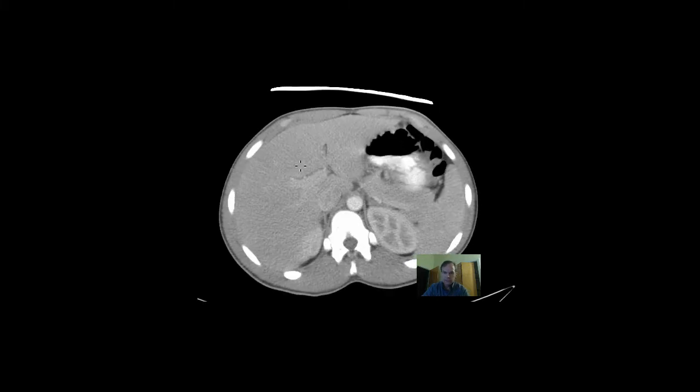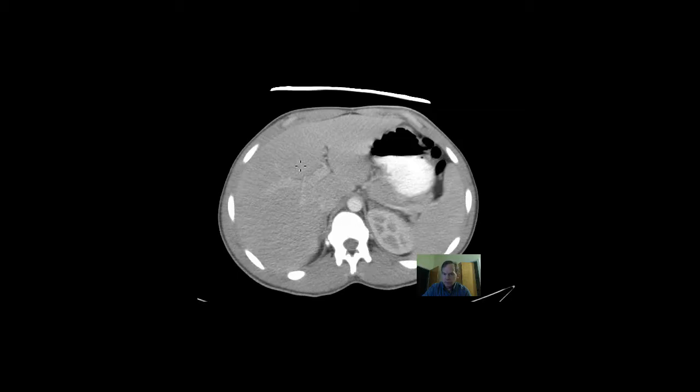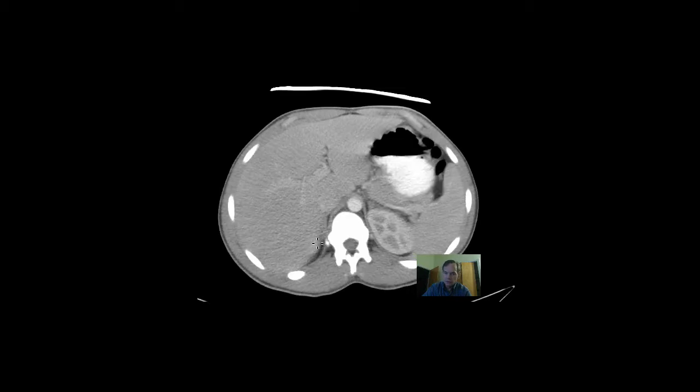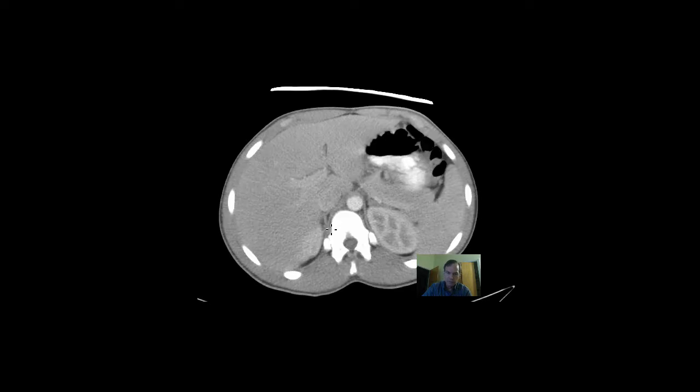The adrenal glands are superior, anteromedial to the kidneys. In other words, they're superior, a little bit anterior, and a little bit medial, but it varies from person to person. These adrenal glands are not very clear because there's such a paucity of retroperitoneal fat, but